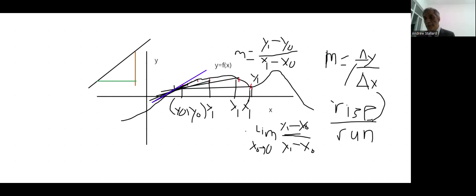Now, let's write this in a way where it's easier. We know that y is the same as f of x. So this is going to be f of x1 minus f of x naught all over x1 minus x naught